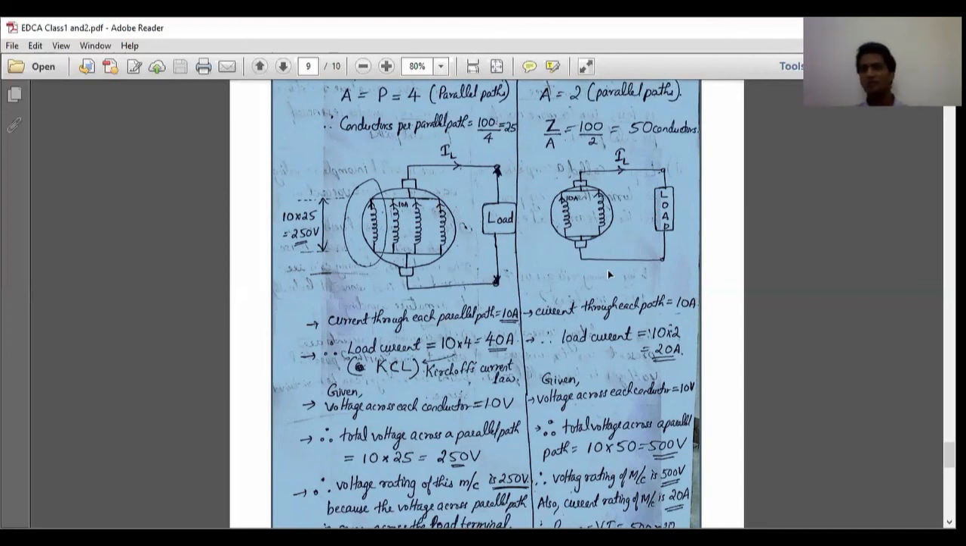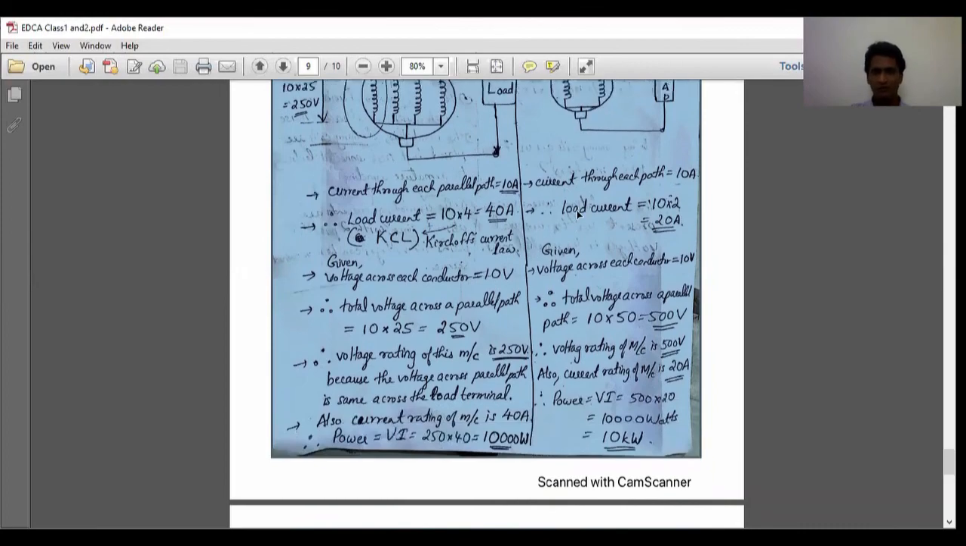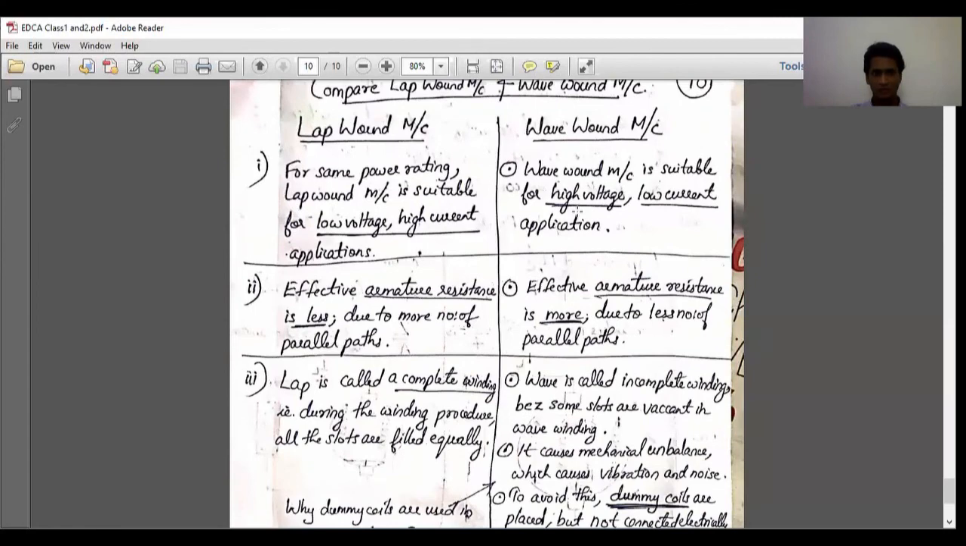Similarly, in the wave wound machine, the number of parallel paths is less compared to the lap wound machine. So effective resistance will be more compared to the lap wound machine. So current will be lesser compared to the lap wound machine. So we have concluded the next point also. Effective resistance will be lesser for lap wound and higher for wave wound machines. Clear? And one more point is